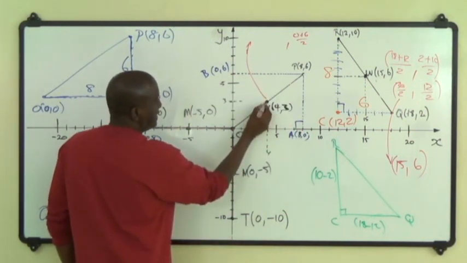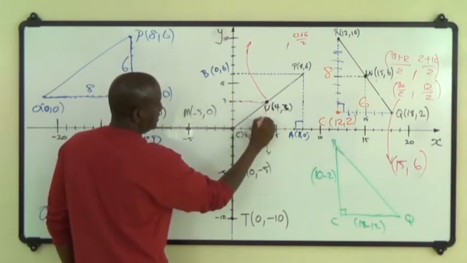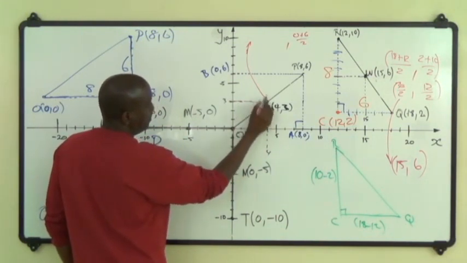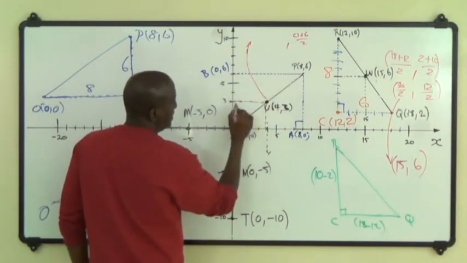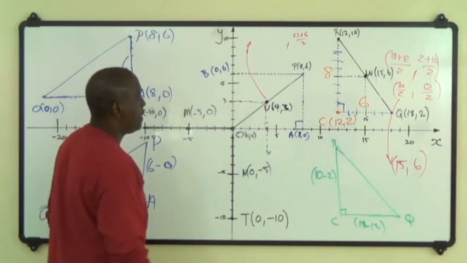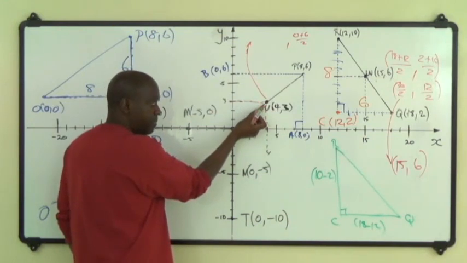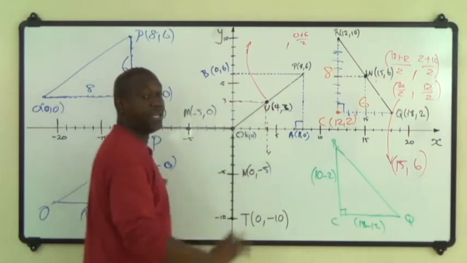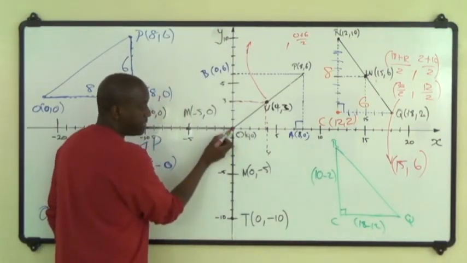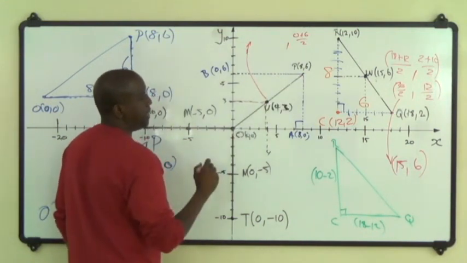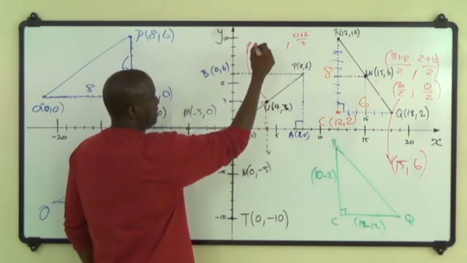Then the distance of this point from the y-axis would be, this red line here would be half of this blue line here. And if this blue line is 4, then this blue line is 8, then this red line here would be 4. So in other words, the average of the distance of this point from the y-axis is the average of the distance of this point from the y-axis and the distance of this point from the y-axis. So in other words, we get now, it will be